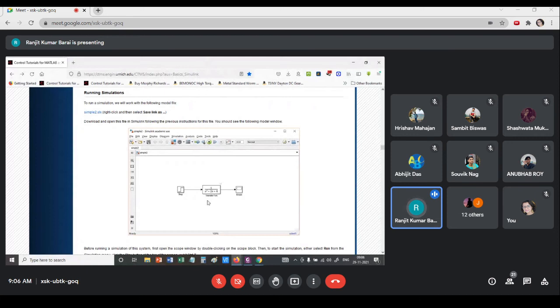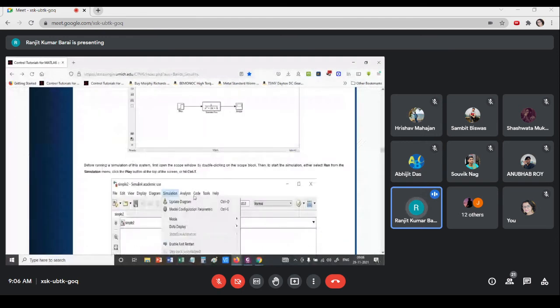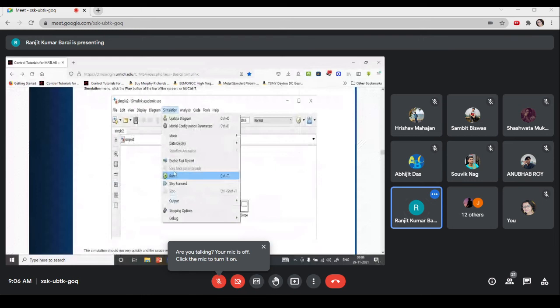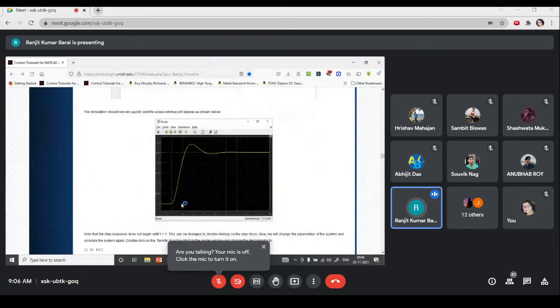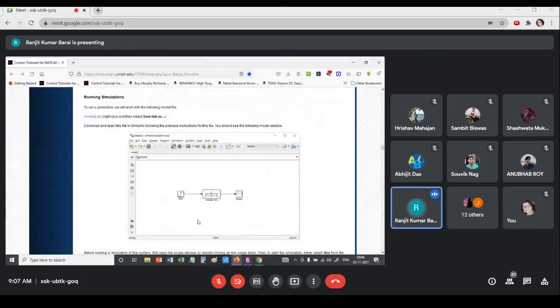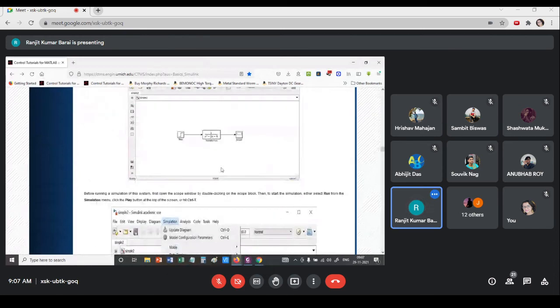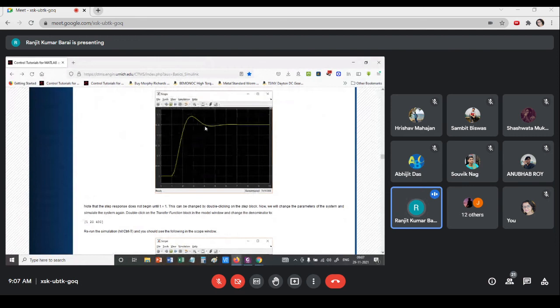So this is the main idea behind the simulation in Simulink. So here also, from the drop down menu, you can run the simulation. For this nice second order system, you can see the response comes like this in the oscilloscope.